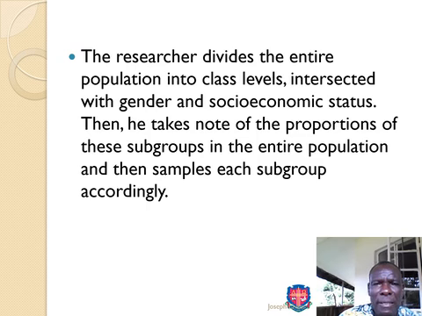After that, the researcher divides the entire population into class levels intersected with gender and socioeconomic status. Then he takes note of the proportions of these subgroups in the entire population, and then samples these subgroups accordingly. Quota